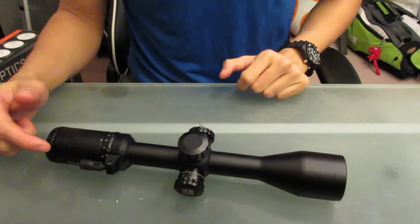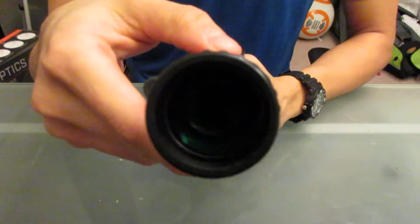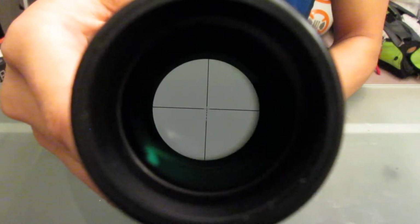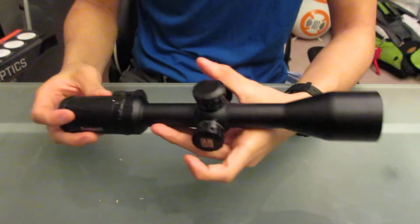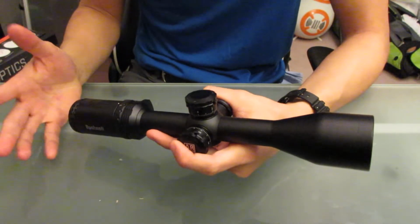So let's talk about the reticle again really quickly. Maybe I'll throw this into 3 times and give you a quick look, see if I can line it up with the camera right. So there you go. And again, you can see the little dots there for the different holdovers essentially. And this is calibrated from Bushnell for a 55 grain 223, which is what I plan to shoot out of